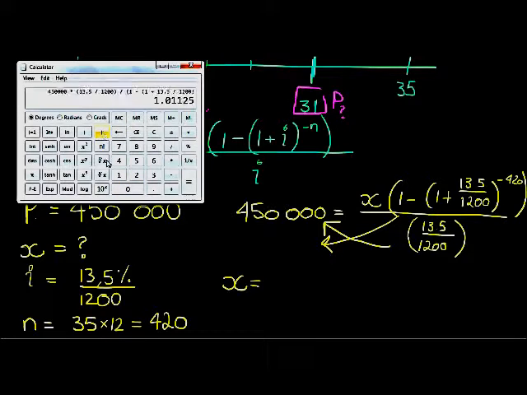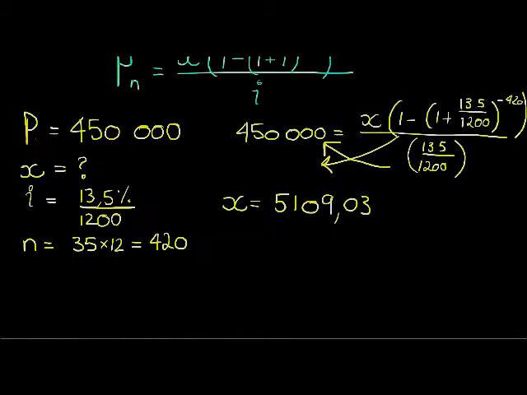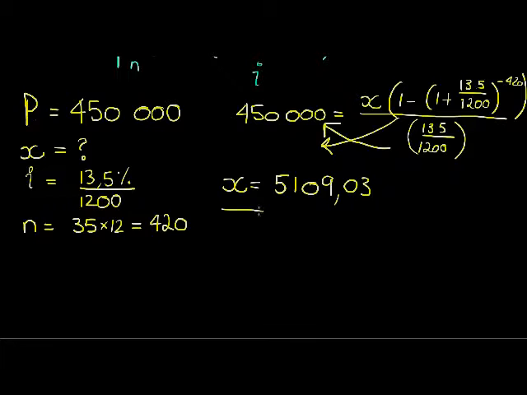Okay, and that has an exponent of negative 420. Close my top bracket, and that gives me an answer of 5,109 Rand and 3 cents. There we go. Now that we have x,